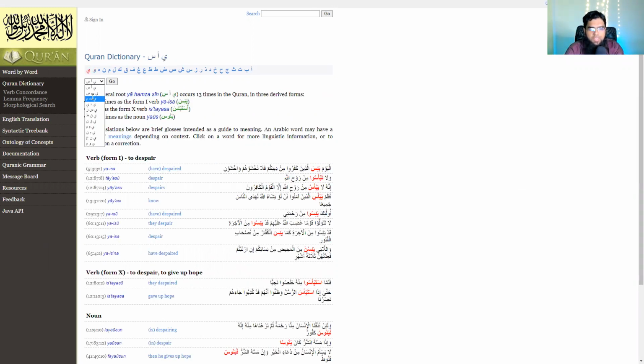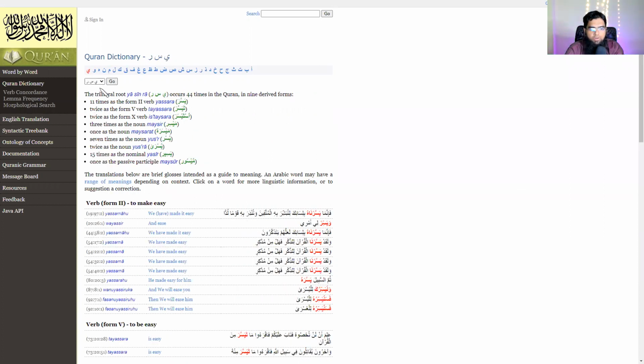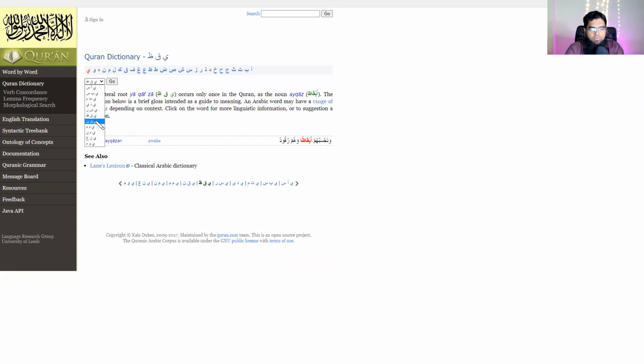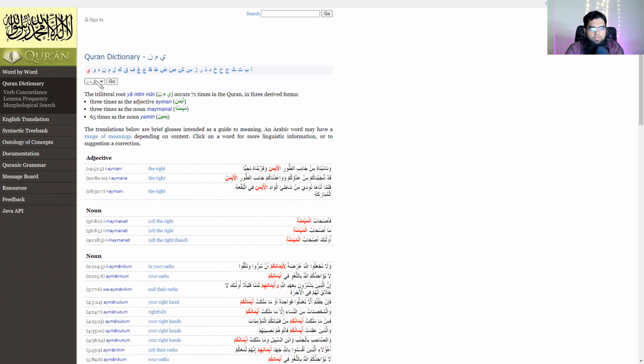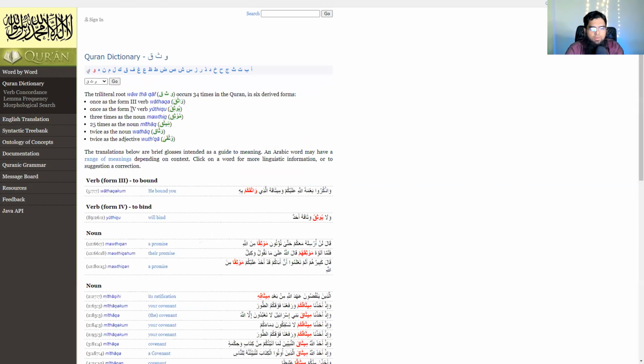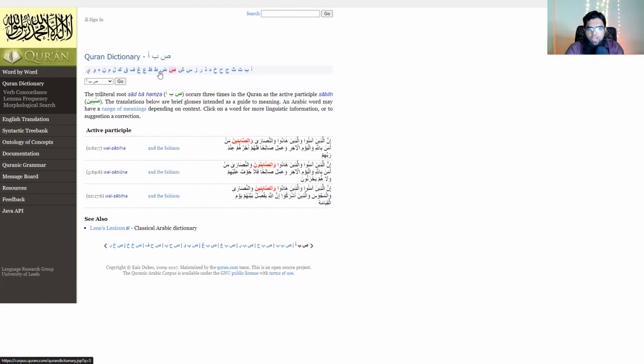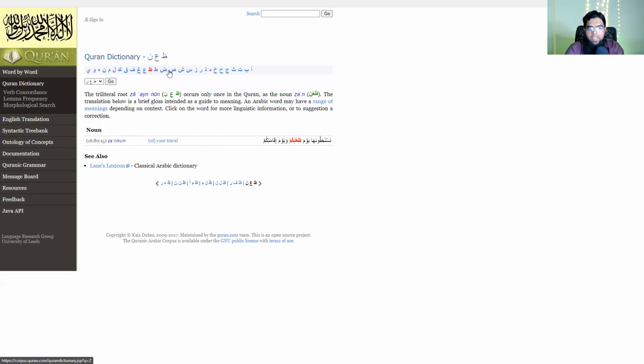And see if something has been used in form 8. Like all these are not used. No, form 8, maybe this is used. No, not used. You'll see here, form 4 is there, form 10 is there. So ya is not used anyways. You can go to waw. Form 4 is used, so you can try making with these waws. And then you can go to ta, for example, or sad, because sad, dad, ta, and ra are the heavy ones, no?